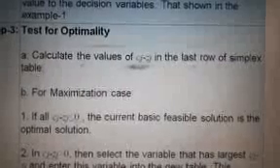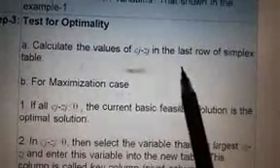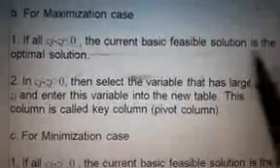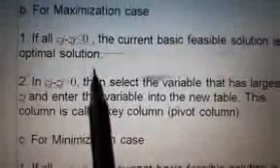Calculate the values of Cj minus Zj, that is delta j, in the last row of the simplex table. For the maximization case, if all Cj minus Zj are less than or equal to 0, the current basic feasible solution is the optimal solution.